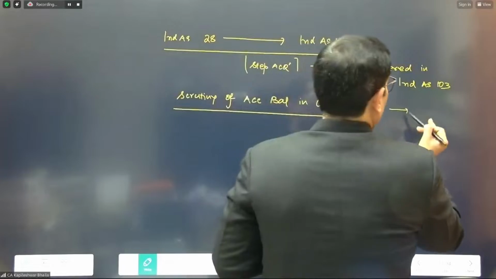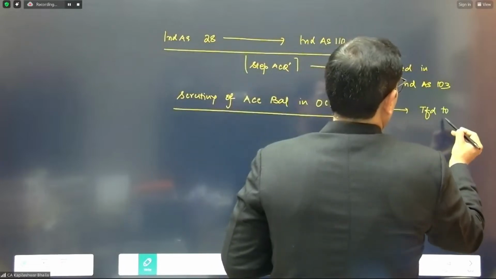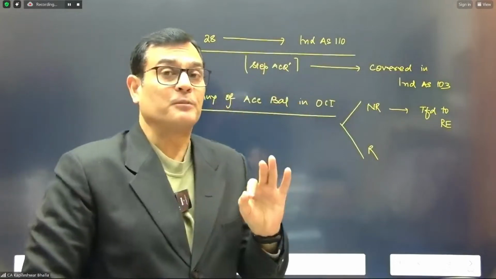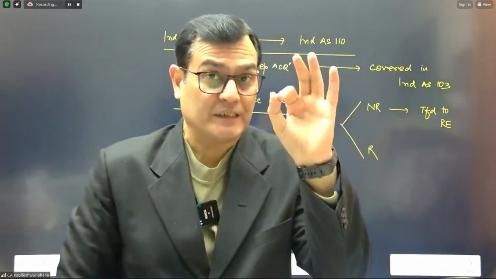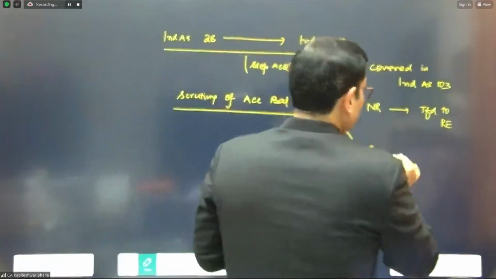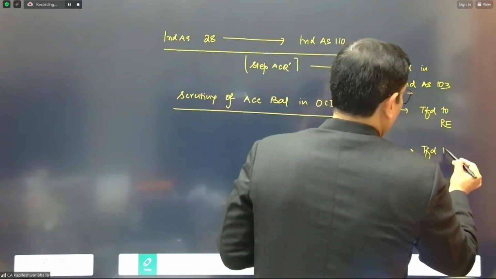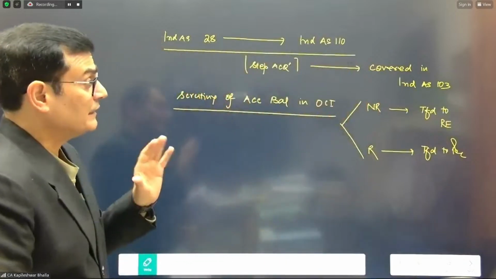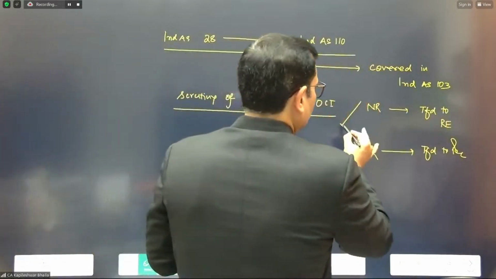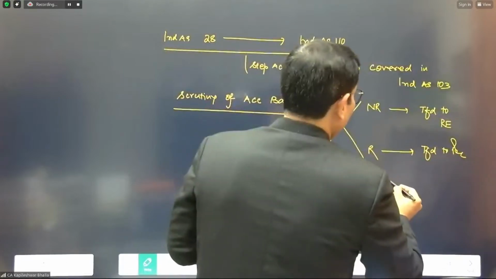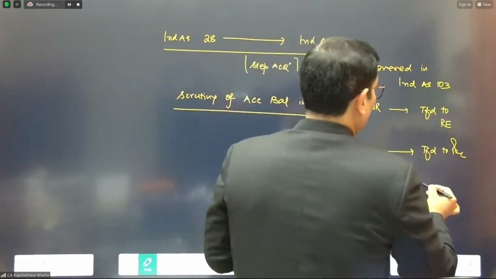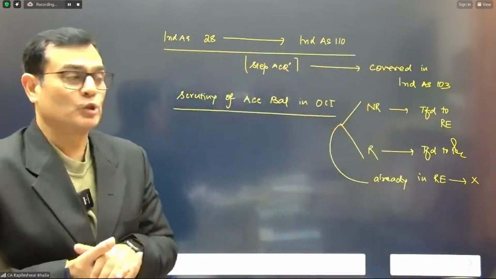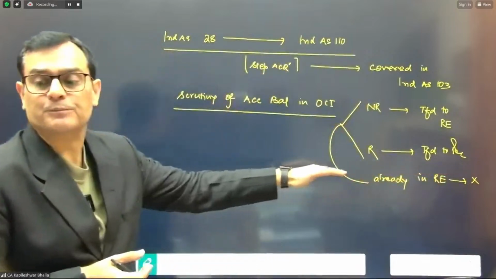If it was NR, it was transferred to retained earnings. Do you remember the question which we did in Ind AS 103, when I explained the concept of purchase considerations and there was a case of step acquisitions? And if it was a case of R, it was transferred to the profit and loss account at that stage. And trust me, there can also be an amount which is already in retained earnings. In this case, you need to do nothing, though we did not see this portion at that stage.